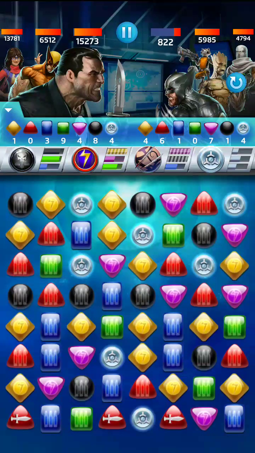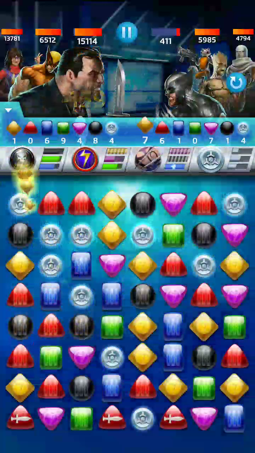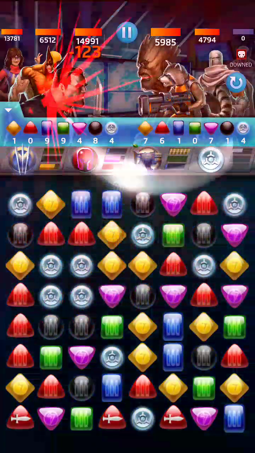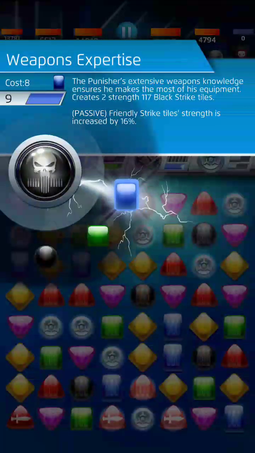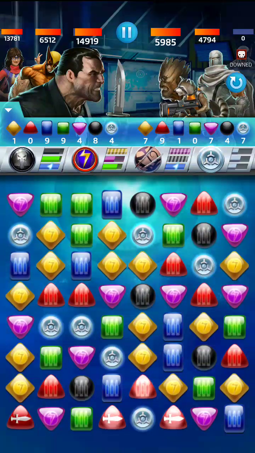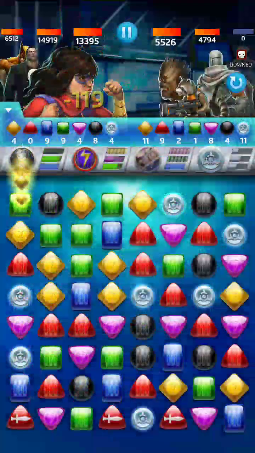So let's try to get X-Force Wolverine taken out. And then there we go, there's our blue ability, ready to go, right on the knockout. So blue creates strike tiles, and then they're pretty weak, but his passive ability increases their strength by 16%. Let me think, he creates blue strikes. Should we do it now or wait till we get a green match ready to go? I'd like to get, let's try to get green or black ready to fire off first. There's our green